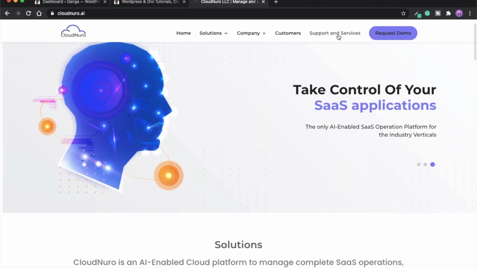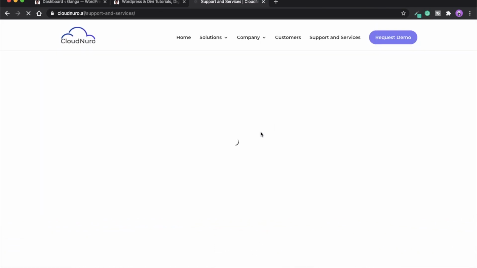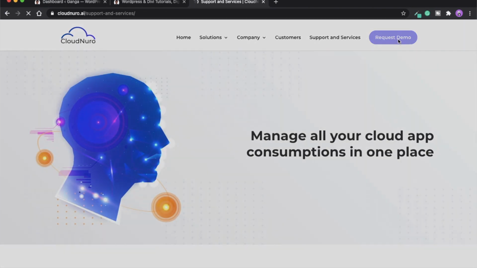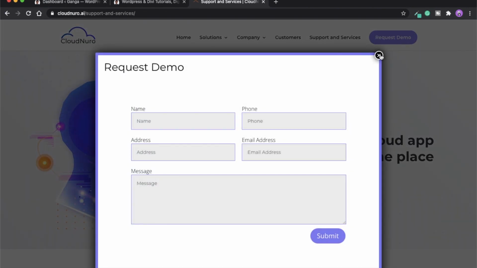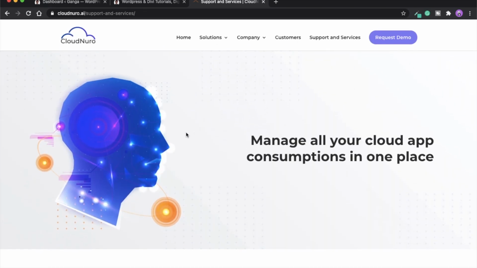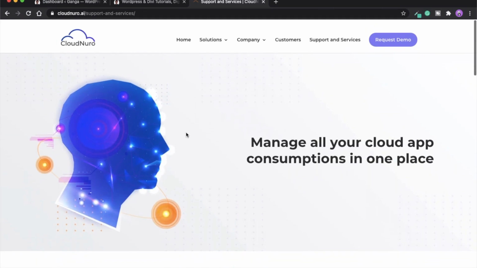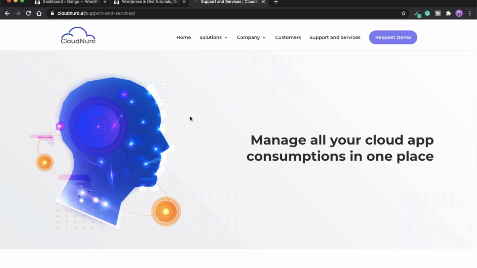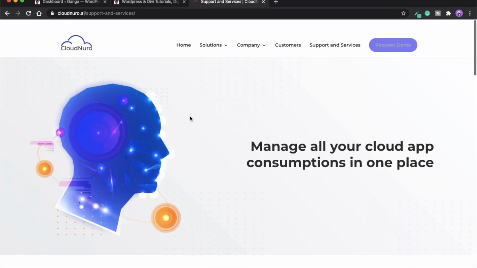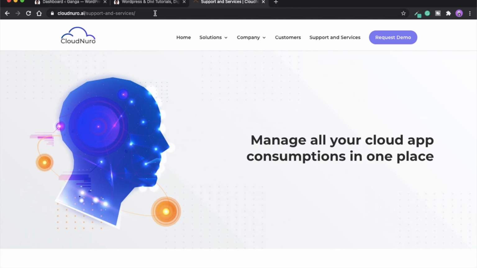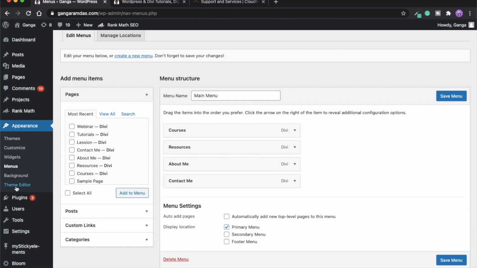This pop-up is fixed. So suppose you go on to another page also, then this pop-up will come up. By default on Divi you can't create it, so we will be achieving this with the help of one plugin, and let's dive into our tutorial video. You have to install a plugin called Popup Maker.